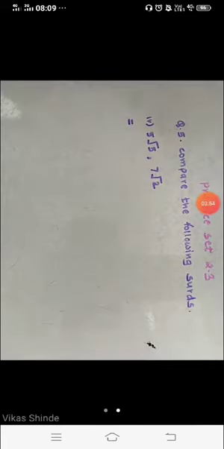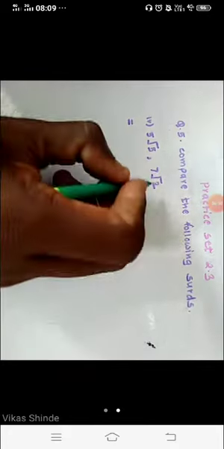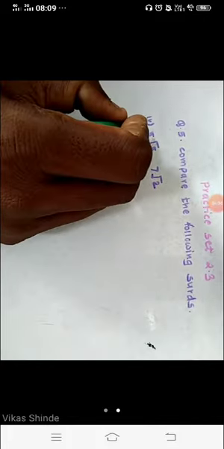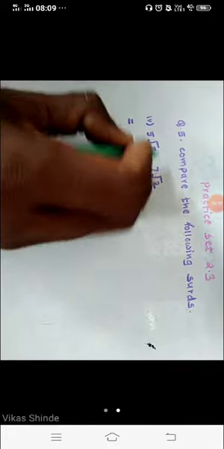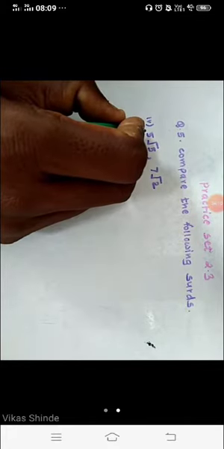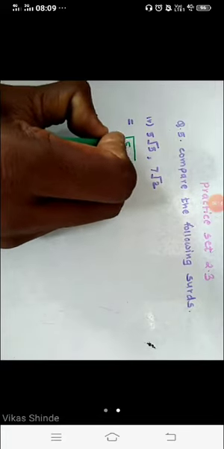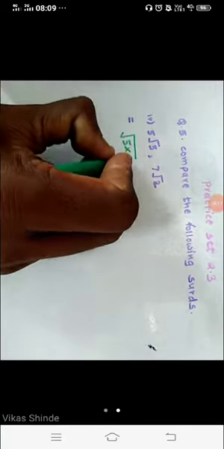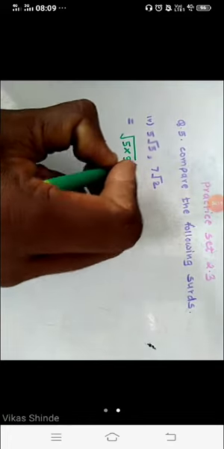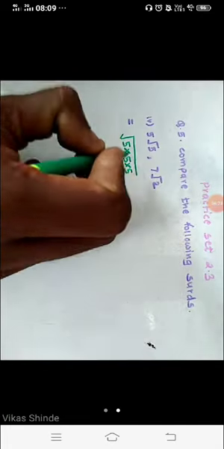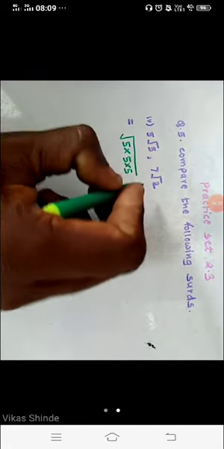Okay student, now see the next one. Question 4: 5 under root of 5 and 7 under root of 2. Both these surds are in mixed form. We have to first convert them into pure form. In both the places the order is 2, so we have to shift that 5 inside, means we have to write that 5 two times. Why 2 times? Because the order is 2. If order is 3, then we have to write it 3 times.